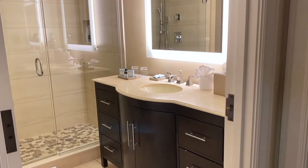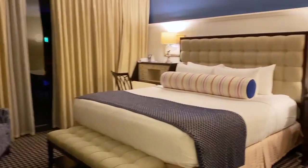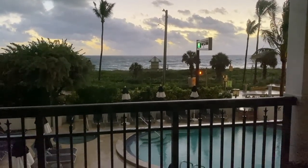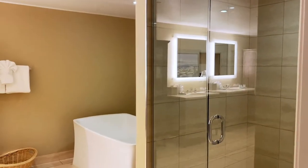Let's start in the bathroom of the first bedroom that has a spacious standing shower, and then to the bedroom where you'll find a plush king bed along with another balcony that gives you views of the ocean and the villa's pool. Now the second bedroom has 2 queen beds and its own balcony, but what you really need to